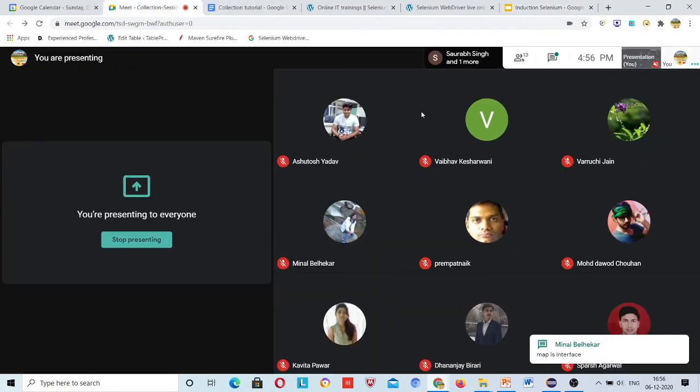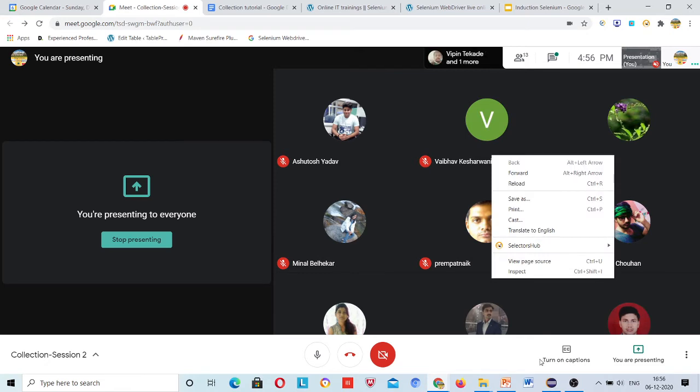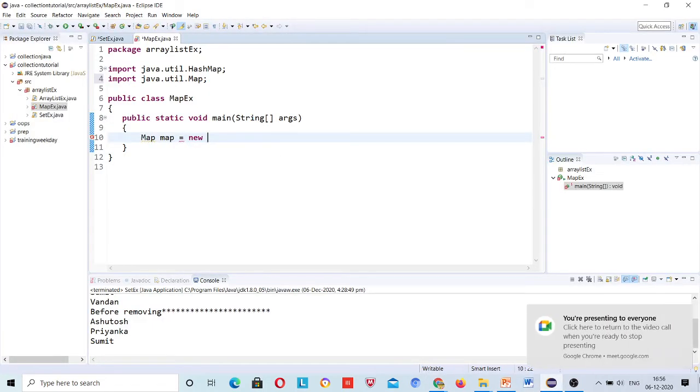Now someone said that this is the error. Map is an interface. Yeah, of course, Map is an interface. I am saying the class name, but that doesn't mean that... I'm saying that class name, you need to identify. Map is an interface, List is an interface, Set is an interface, and for List, ArrayList and LinkedList are the implementing classes. For Set, there are HashSet and TreeSet, and for Map, HashMap and TreeMap are the implementing classes. We are seeing them one by one.